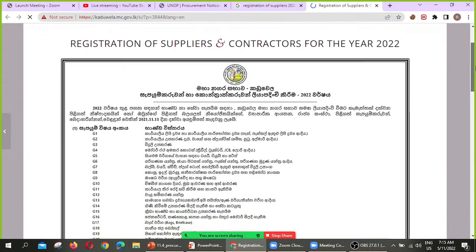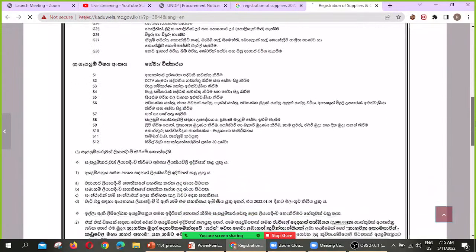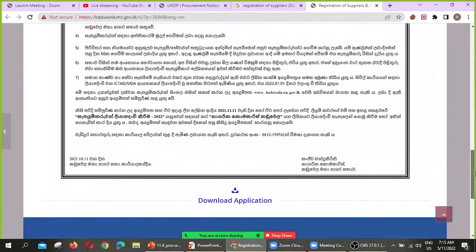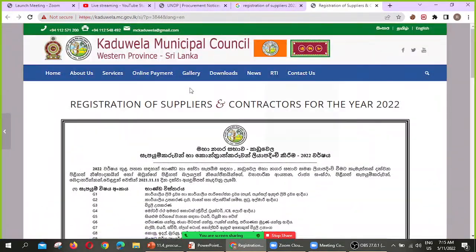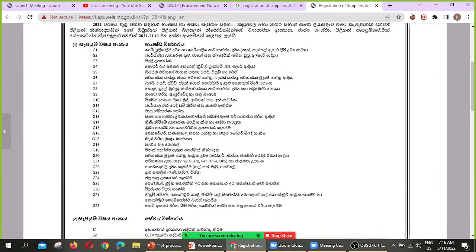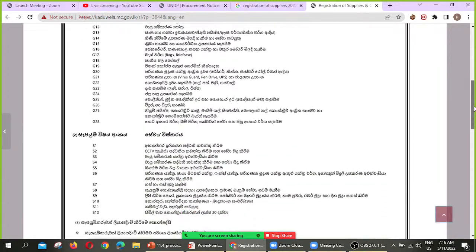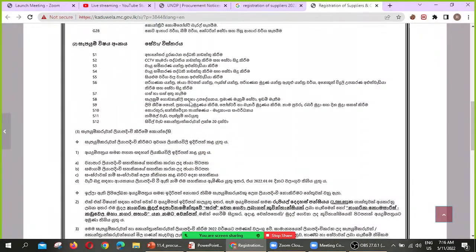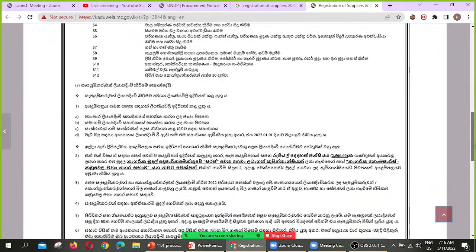Here is a large advertisement. It's in a local language. Kaduwela Municipal Council. So they call for suppliers. So they want these items. So whoever is interested to supply this kind of items, they can register. Here there's an application form. They can download the application form, fill it and send.